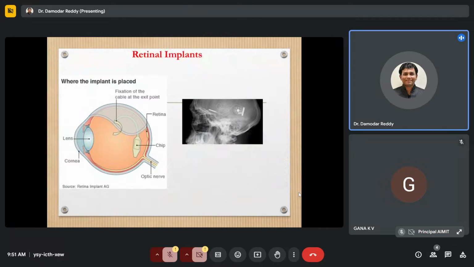Similarly, we have retinal implants, but there is a long way to go because of the fixation of such a lens and connecting it to the optic nerve. The major challenge in retinal implants is how we can communicate with the optic nerve that directly connects to the human brain, because of the very nano connections. It has become very challenging to establish communication to the human brain via the optic nerve. So the optic nerve is a very challenging part here.